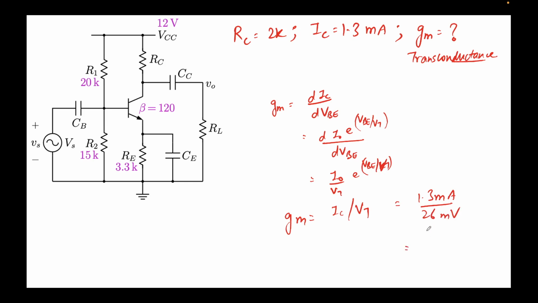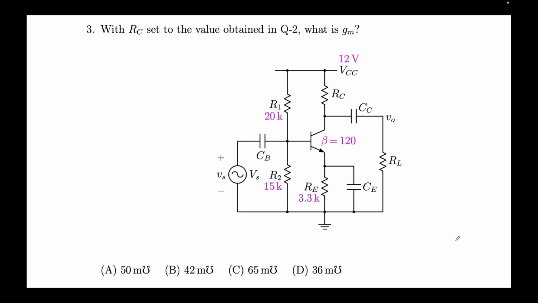So if we solve it, this is 1.3 by 26, that's 1 over 20. The units is the inverse of ohm, that is mho, or also sometimes written as Siemens. So 1 over 20 mho, which is also equal to, if you convert it into milli, 1000 by 20 millimho. This will be 50. So the numerical value of gm, by the way, the expression again I repeat was IC over VT,